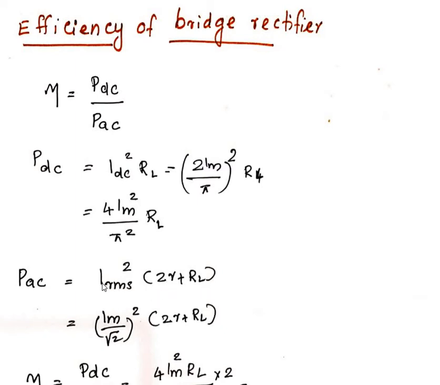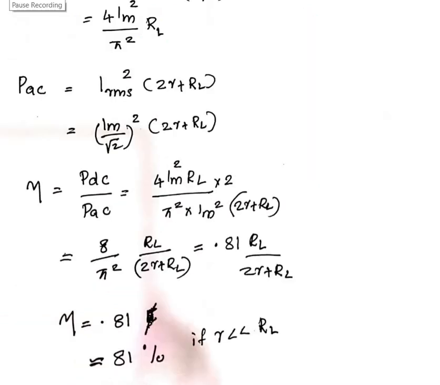So that is given by, when you substitute for IM, you will get IRMS. When you substitute, you will get IRMS equal to IM divided by square root of 2. So IRMS square is equal to (IM divided by square root of 2) the whole square into 2r plus RL. So when we apply it for the efficiency